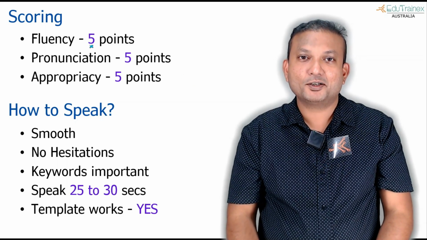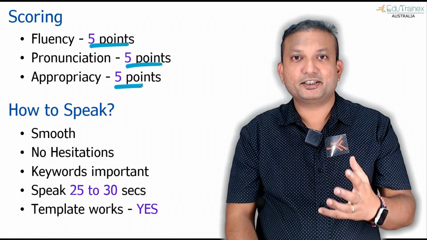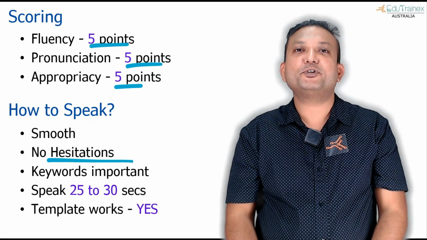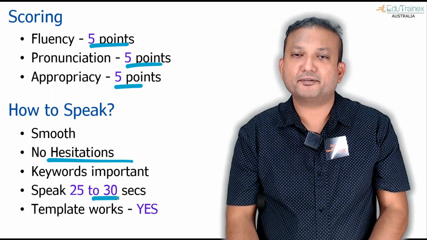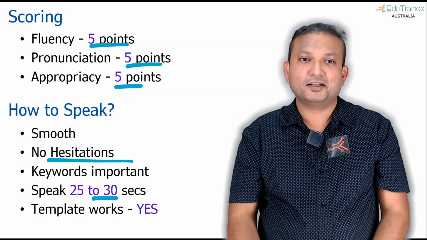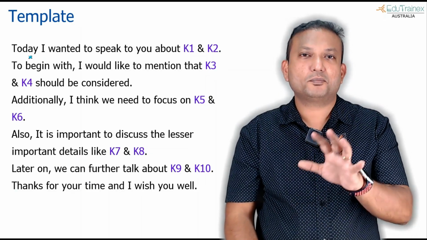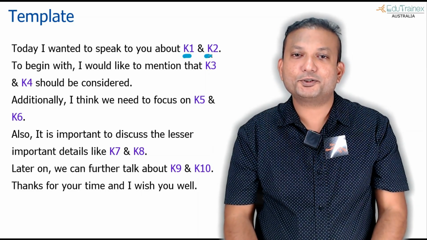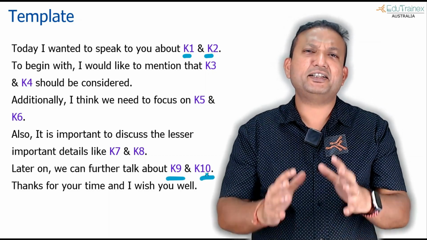Now this task can also be solved using a simple template, but let's look at the scoring first. Fluency 5 points, pronunciation 5 points, and appropriacy is basically relevance. Now you just need to speak it the same way, no hesitations, smoothly. Around 30 seconds is more than enough, 25 to 30 seconds. And the template definitely works for this question. Let's have a look. This is the template. You see, most of the words are already written for you. You just need to put 1, 2, till 9 and 10, around 10 keywords, which you can easily extract from